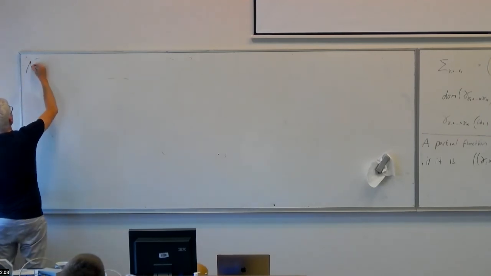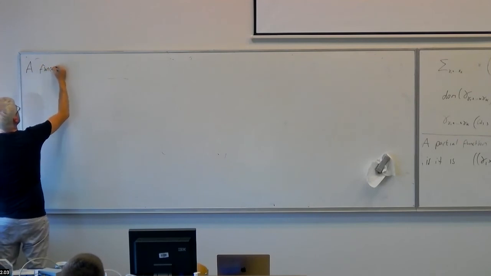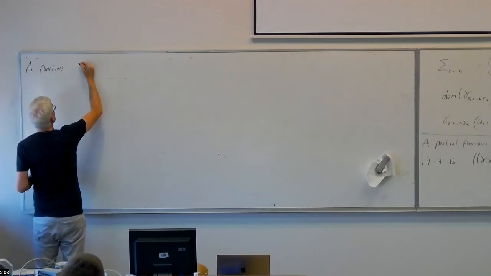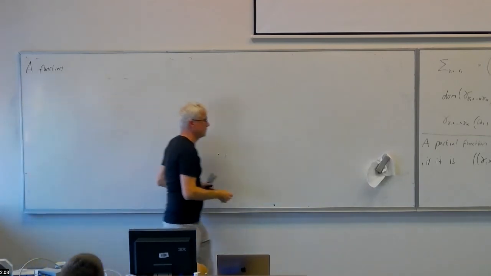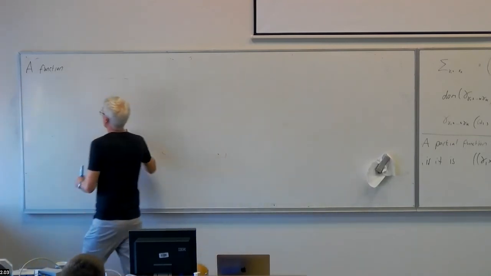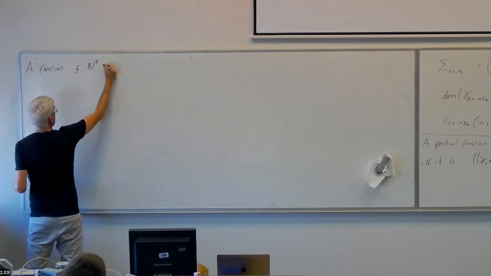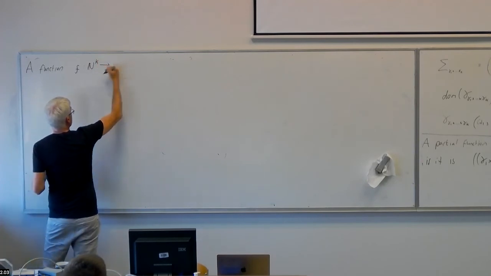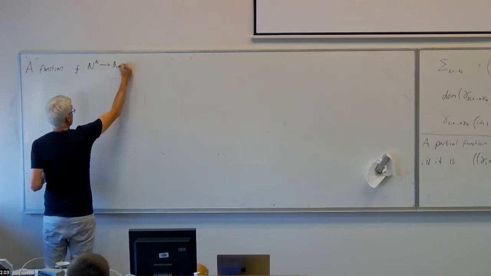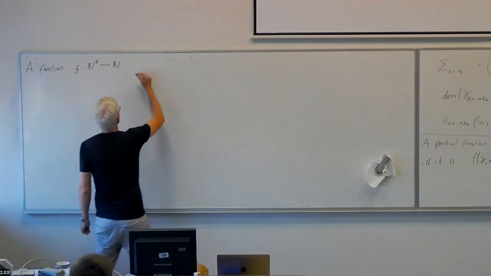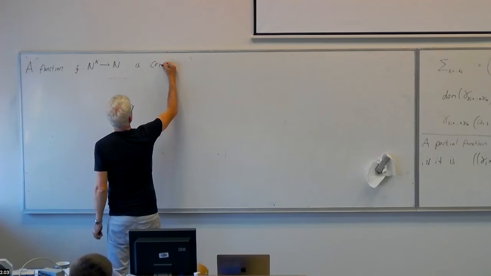So a k-argument function, a partial function, let's just say function, with a symbol that will make clear that it's partial, a function f, a k-argument function on the natural numbers. So it takes a k-tuple of natural numbers as its argument. If it's defined, it returns a natural number, and it is defined to be computable